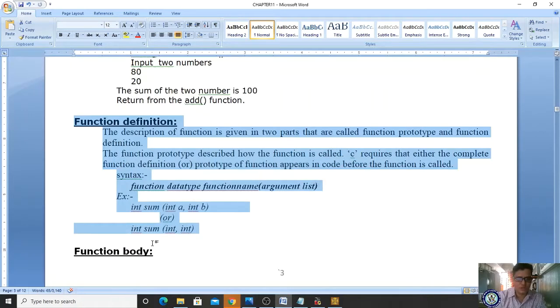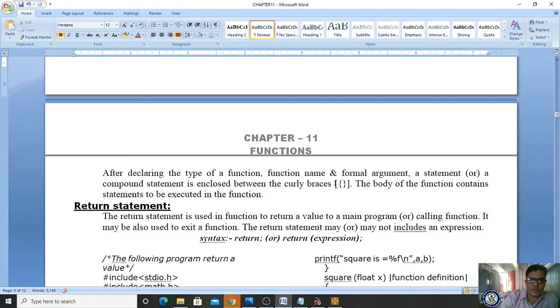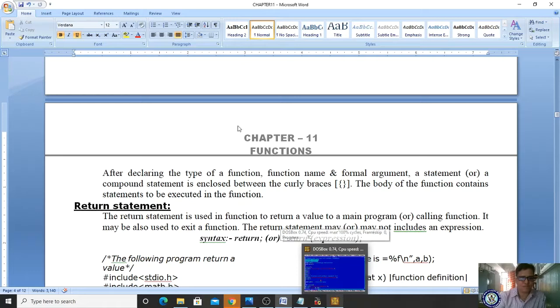After the function definition, it must consist of a function body. The function body is indicated by an open curly brace and a closing curly brace. Inside the braces you place executable statements, meaning you process some calculation: addition of two numbers, subtraction of two numbers, pass or fail, biggest of two numbers. Whatever we have learned till now, you can implement in your function definition. That is your function body.